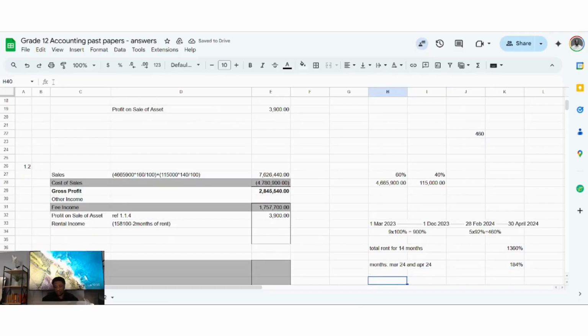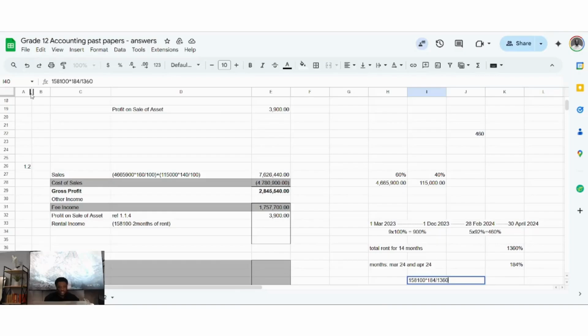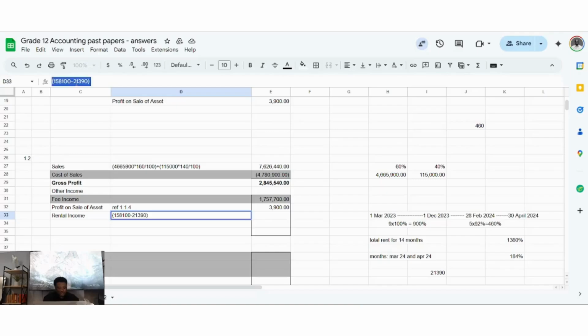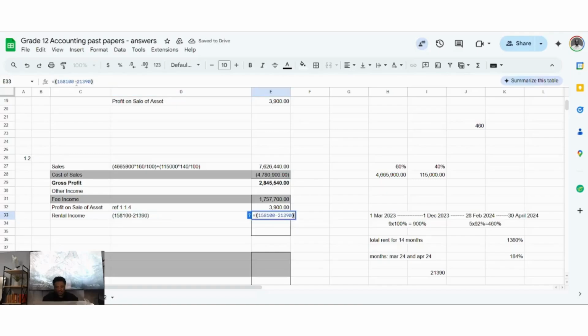And to work out that 184%, we just say 158,100 multiplied by 184, which is basically the rent for 2 months that are outside the financial year, divided by the total amount of rent that had been received, which is 1,360, and then that will give us the monetary amount of 21,390. So then for rental income, 158,100 minus 21,390. That basically then gives us